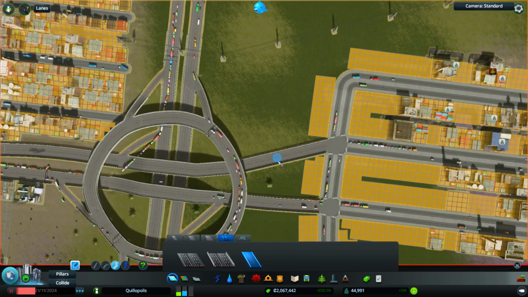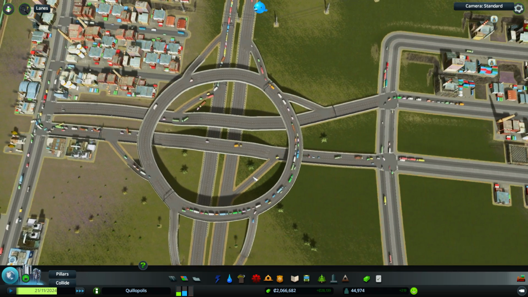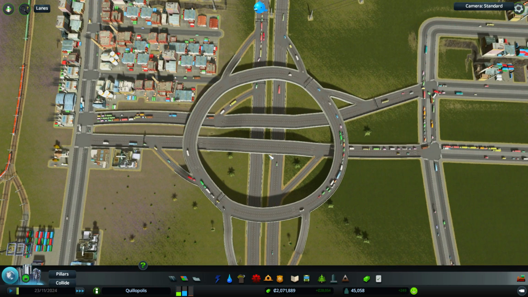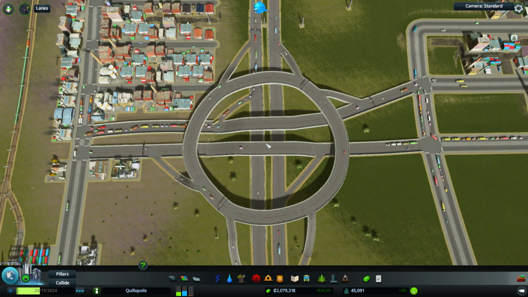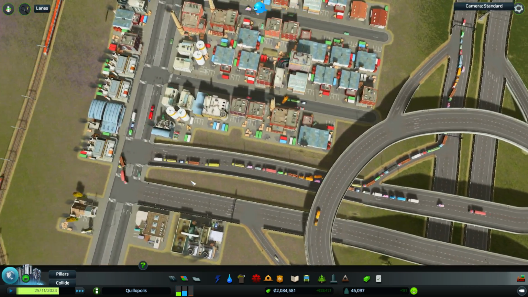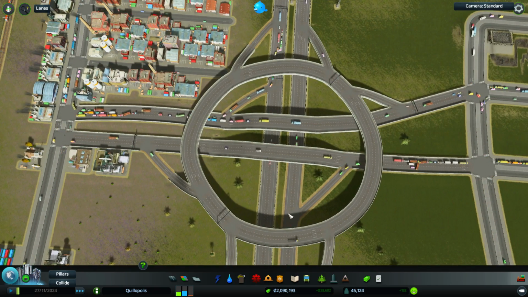Like this. And like that. All right. So it doesn't look terribly pretty because these lines aren't terribly straight, and these intersections are very close. Why is anyone doing any U-turns? If they want to go over here...